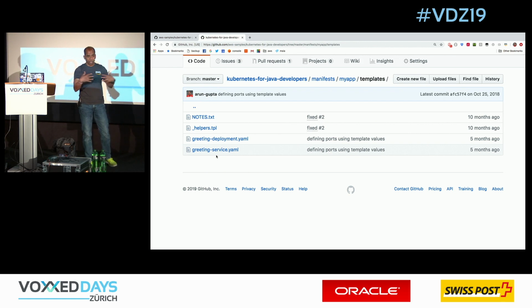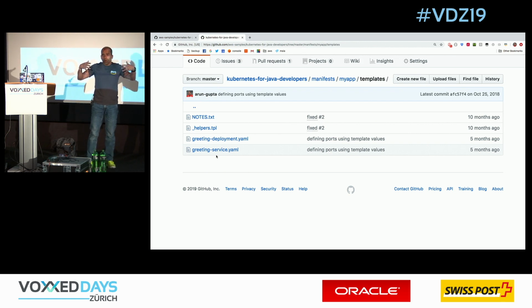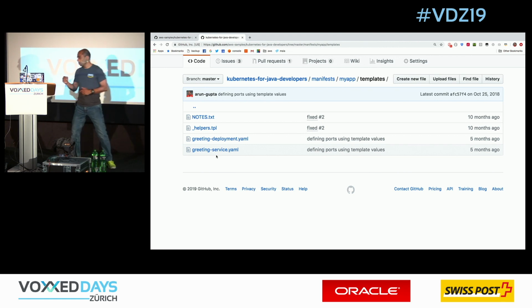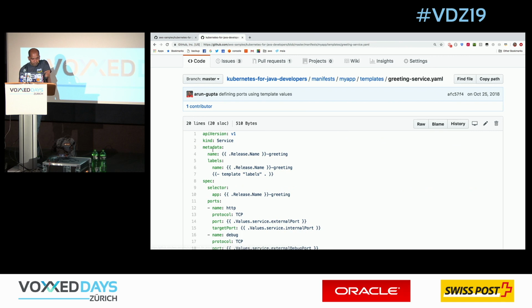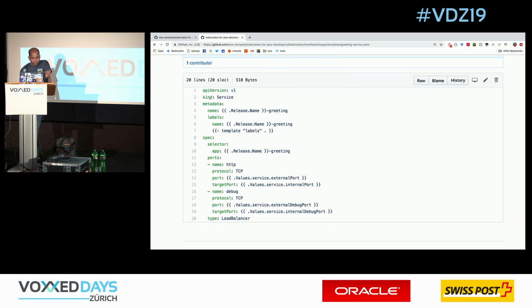Service is basically a logical name. All it does is say, I am going to include any pod that has a particular label on the pod. So if we look here, for example, at the greeting service, I have other metadata here, but in the selector, I'm saying any pod that has release name -greeting on the pod is going to be part of my service.